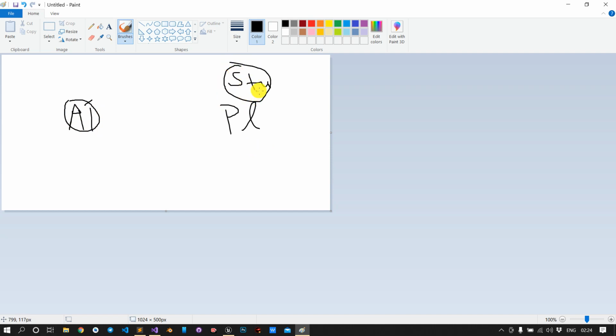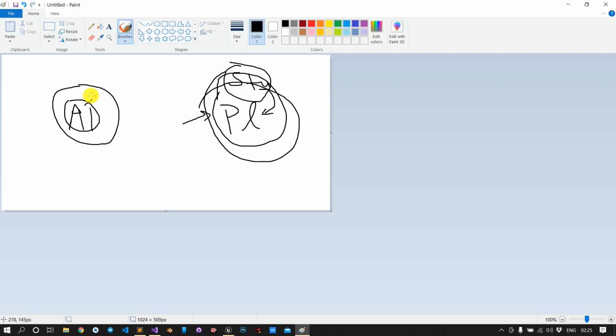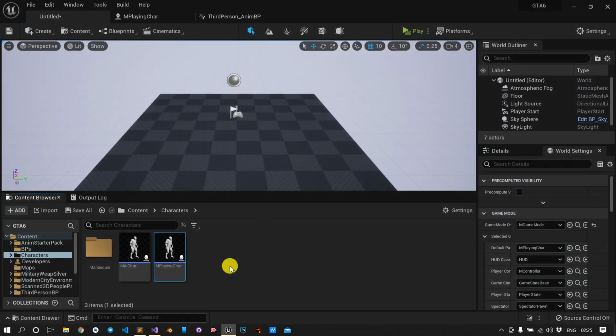Second, if we have registered that our player is the stimuli source, now we have to specify what sources you are looking for, like are you looking for the sight, are you looking for the hearing, are you looking for the damage. So we have to specify explicitly. Okay, so here for the playing character we have to specify the stimuli source, and here we have to include the perceptions, the sight and the hearing. Okay, so today we will code for the sight functionality. So let's begin.